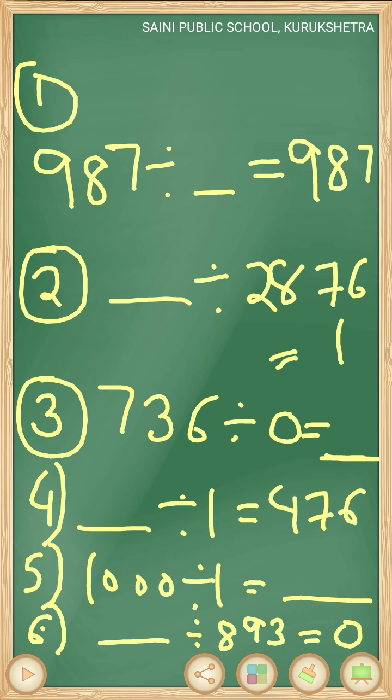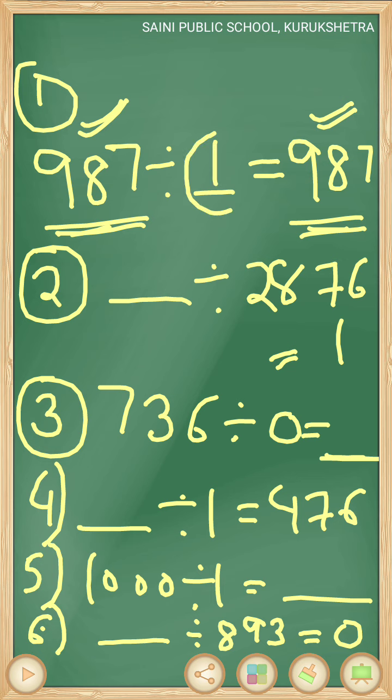Now first question is 987 divided by dash is equal to 987. So we have to write the answer directly without dividing. Now you can see here this is the dividend and this is our quotient. When dividend and quotient are the same, we must be dividing the number by 1. This is only possible when our divisor is 1. We have already discussed this in our first property. Okay, so 987 is the dividend and 987 is the quotient, meaning quotient and dividend are equal. It means the divisor is 1. This is only possible in case the divisor is equal to 1.